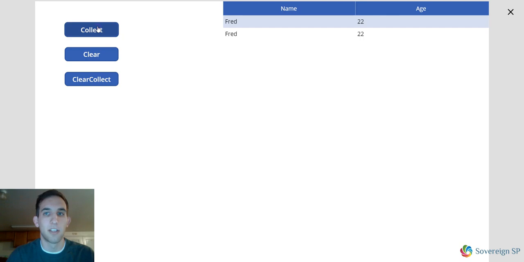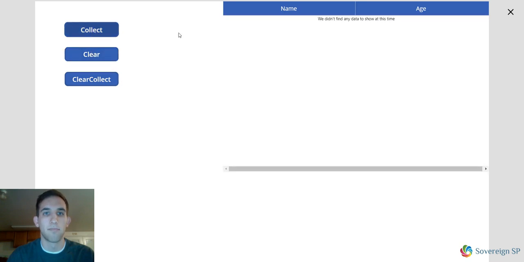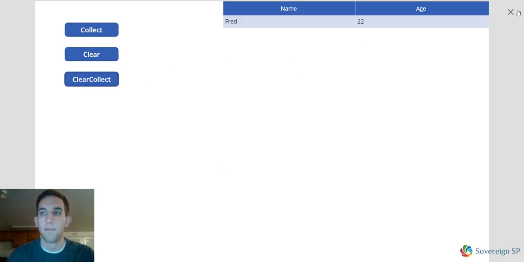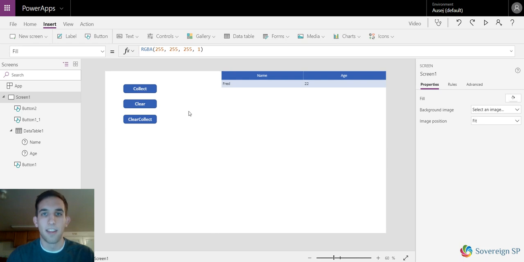So let's see, I can do these, add a bunch, hit clear collect, takes me back to just one, clear that, add one, however I want to do that. So that's a basic understanding of collections. Another thing that you can do with collections, and that is really super helpful,